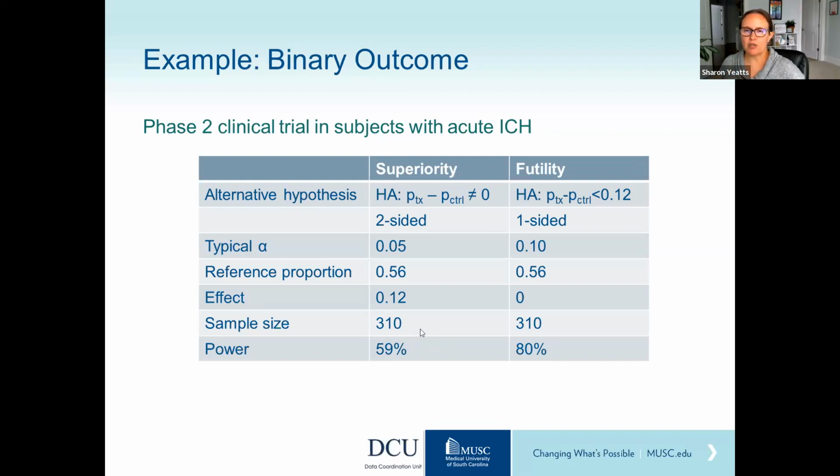But again, then we're opening ourselves up to this criticism. And I'm going to use this as an example to demonstrate how thinking and working with your statistical collaborators can lead you to some design considerations which might impact what you're trying to do. So there is a trial design that's referred to as futility that sort of takes this superiority study and flips